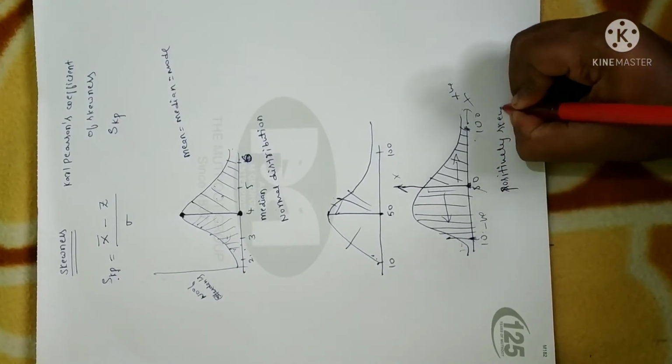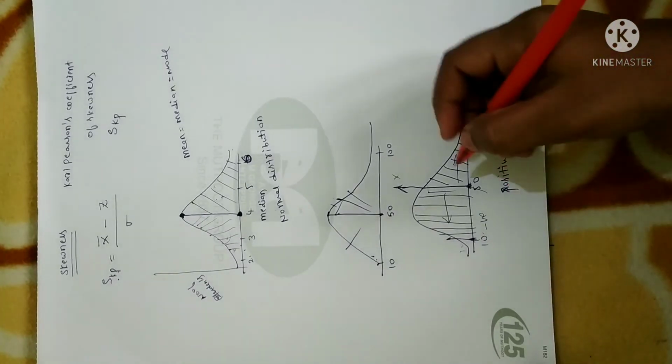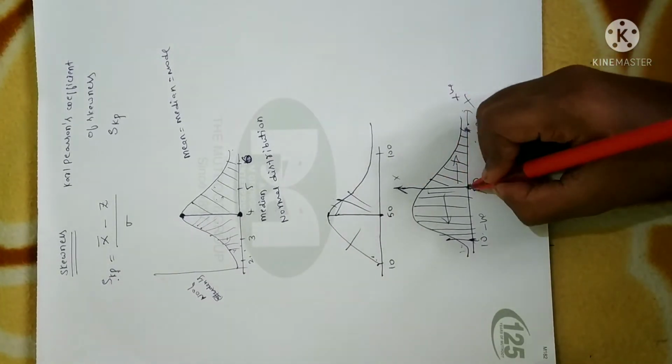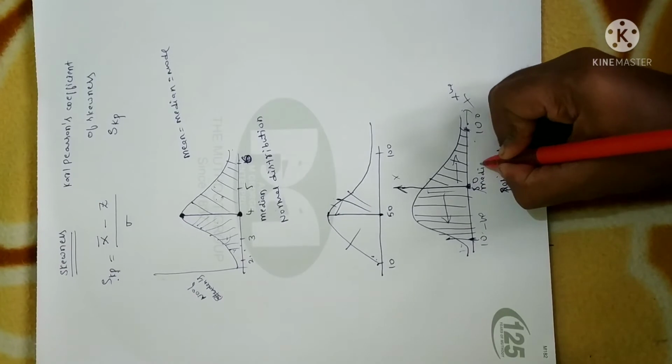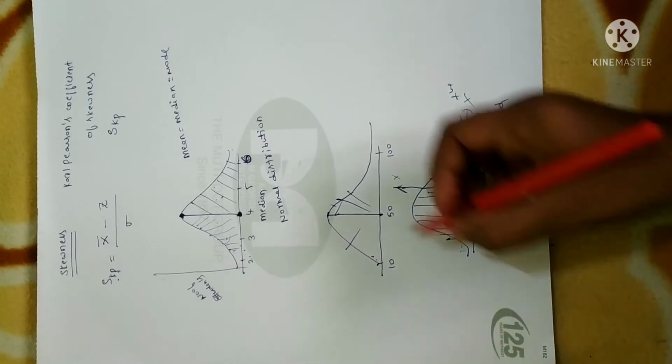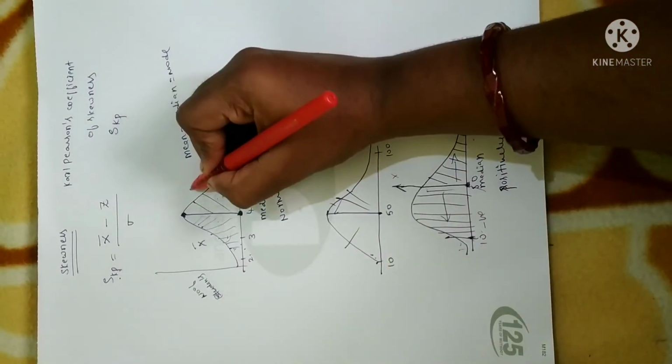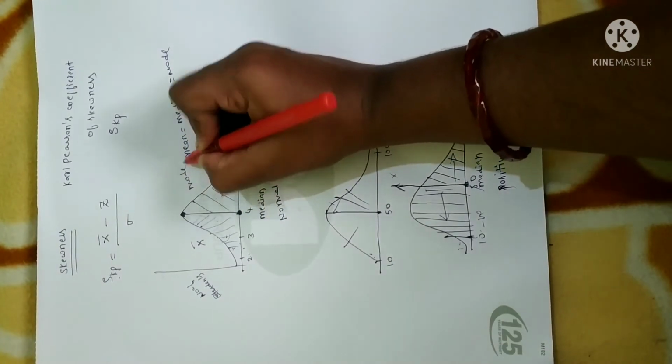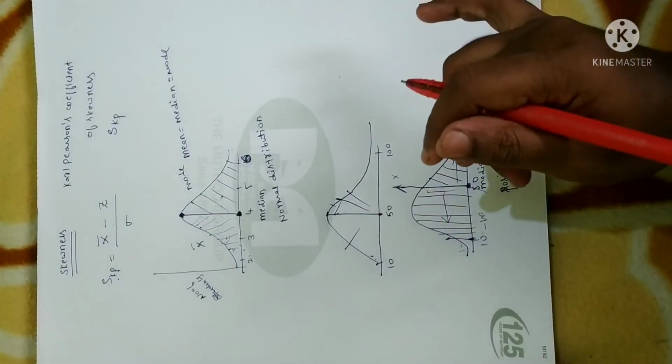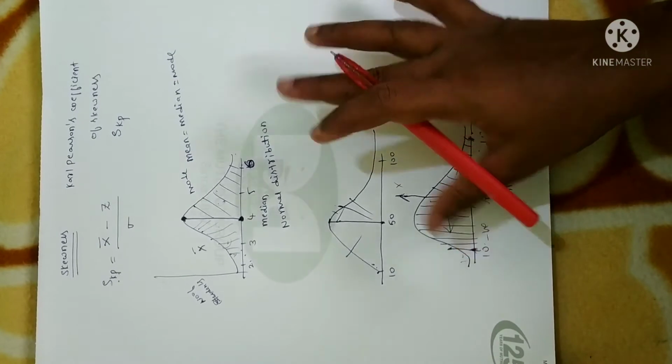Positively skewed. Fine. And moreover, always remember central tendency is accurate with reference to median, as I already said. To the right of the median you always have mean, and to the left of the median you always have mode. Fine. So this is a geometrical representation of skewness. This will make your concept quite clear.